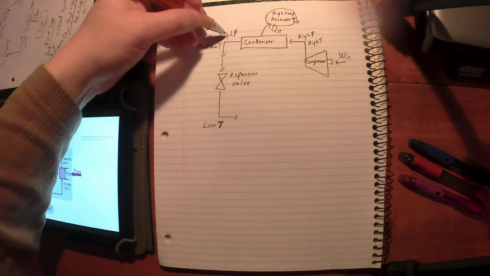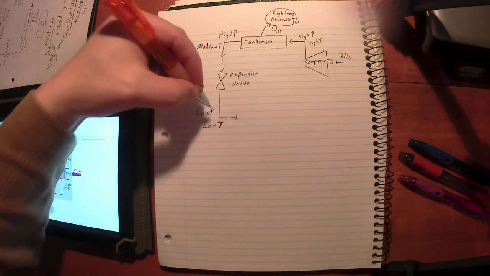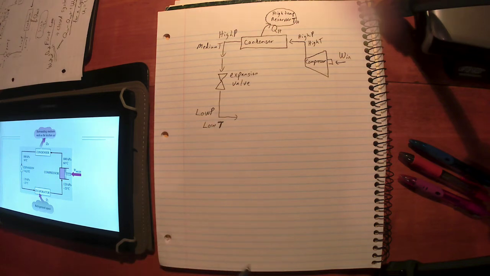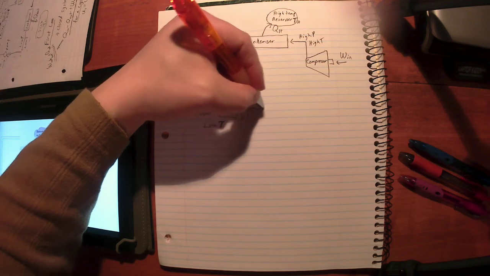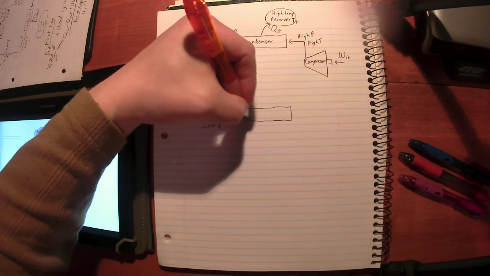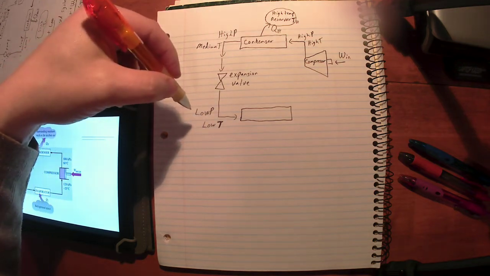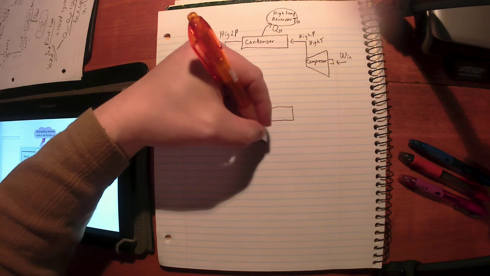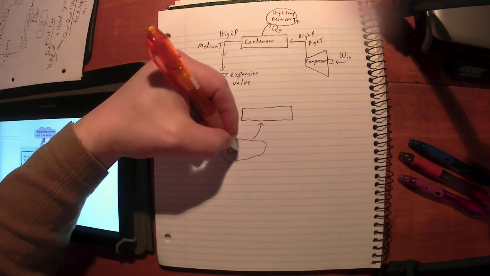You're taking a high pressure, you're going to allow it to expand to a low pressure, and in that process, the temperature is also going to drop. In fact, it's going to get so cold. You allow that substance, that refrigerant, to expand. It'll get so cold that when you put it in another heat exchanger, the goal is to get that refrigerant colder than the temperature